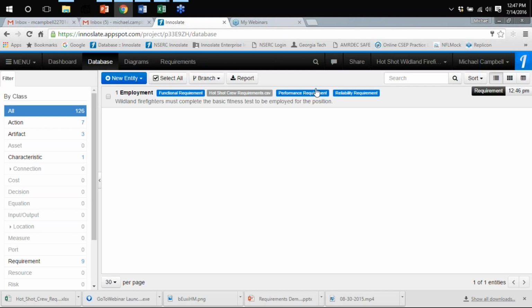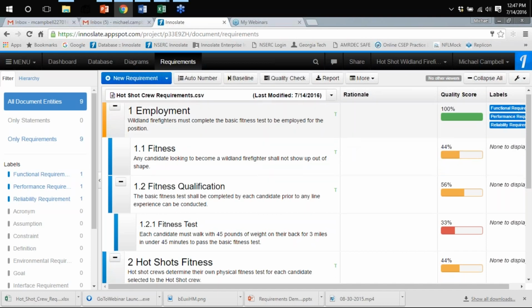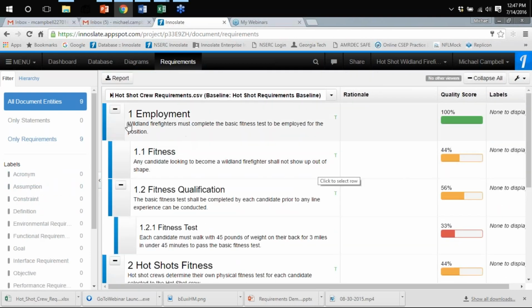Basically it looks up keywords, and you can find it throughout the entire project. So being able to branch and fork to bring in program management, as well as just being able to do requirements management and analysis with, and as you can see, I changed the employment one, so it went back to the yellow color, orange color, and so now my baseline has changed. So as we're looking at this, I can always go back to my baseline and see, now it went back to blue because I didn't add the labels over here, but you saw the labels on the other one,